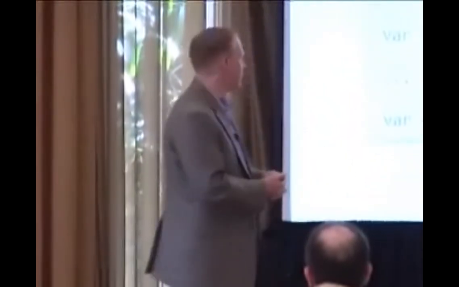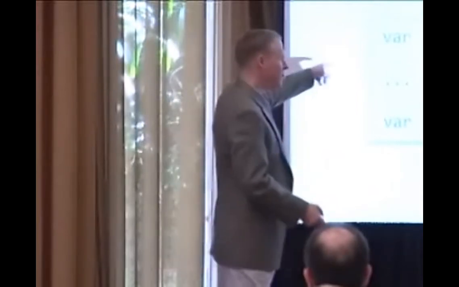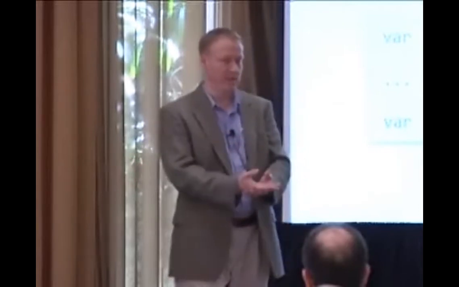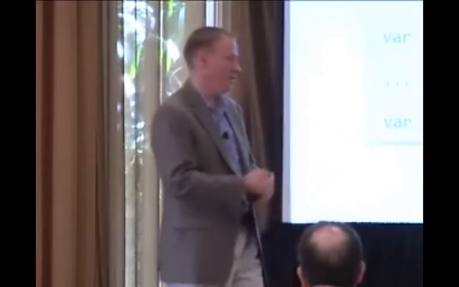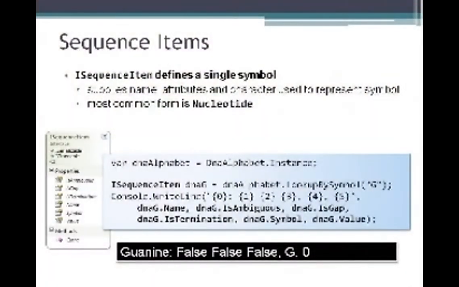You can create custom alphabets, and so the alphabet itself is simply an interface, iAlphabet. You can implement your own class that implements that particular interface, and you can put whatever symbols you like in there. Okay? You can also take an existing alphabet and either take the code out of MBF and copy it, or you could potentially just derive from one and do some work with the symbolic data itself. So again, it's very extensible. It's designed to work the way you need it to work, not the way Microsoft necessarily said it must work. You can do various things with it in order to work with the data itself.